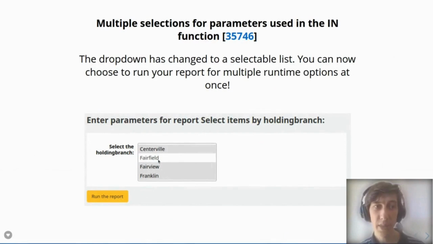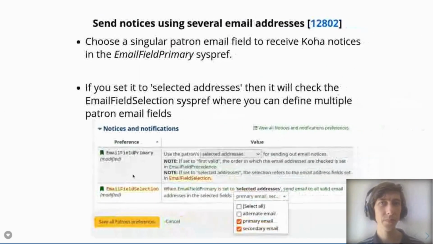This enhancement enables us to tell Koha to send notices to multiple different email addresses. Quite a few library users will have multiple email addresses, and they've likely got those set up in their Koha patron account. So they might have a primary email address and a secondary email address. You can configure Koha to send notices to both the primary and the secondary email address based on some global